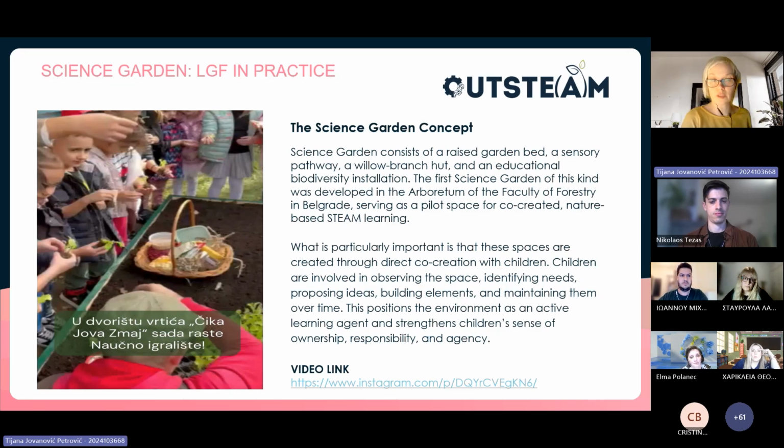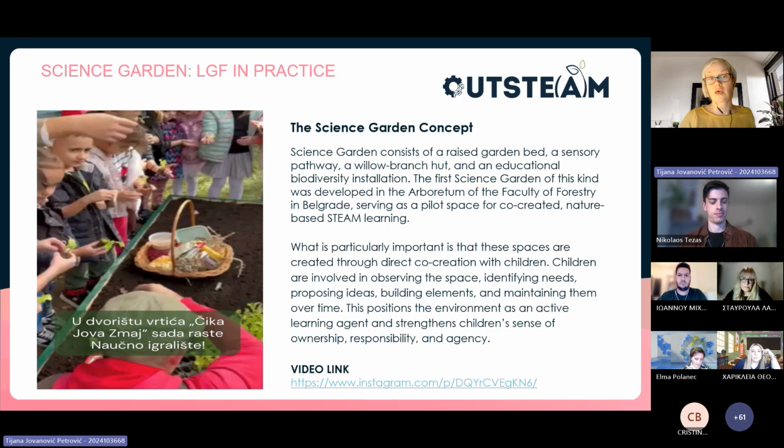And what is important is that, for example, science gardens are spaces that were co-created with children, very young children who were involved in researching how they would love to learn and where. And with the concepts from their ideas, we created the space.